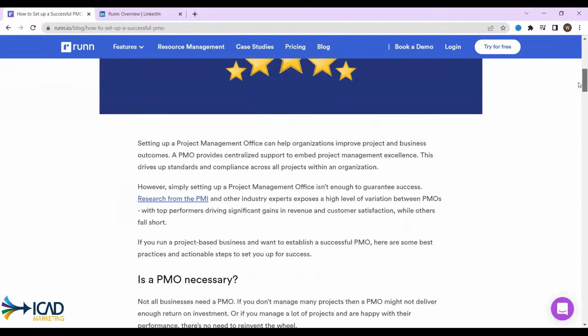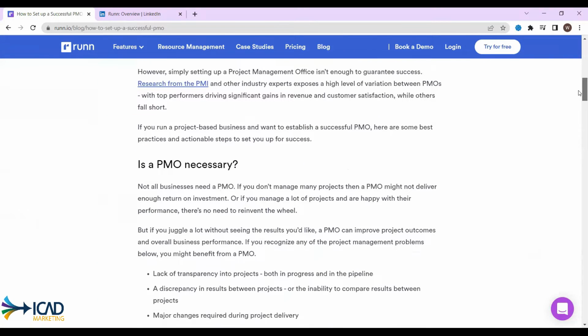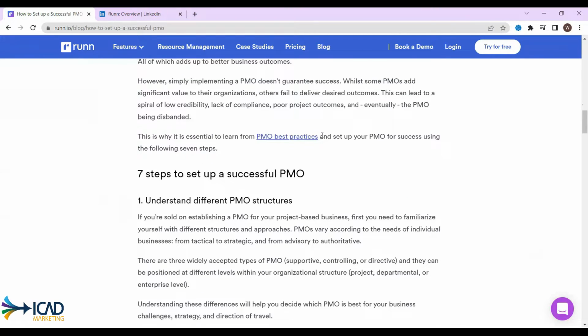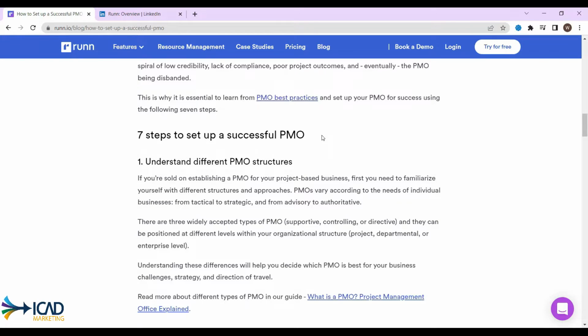Is a PMO necessary? And again, whenever I'm looking at someone's content strategy or content, there are two things I'm looking for. One, I'm looking for, does it speak to who their target audience is, which in Run's case, it looks like they are doing that. They are speaking to project managers, which their tool, I'm assuming, is for. But I'm also looking for depth of information.